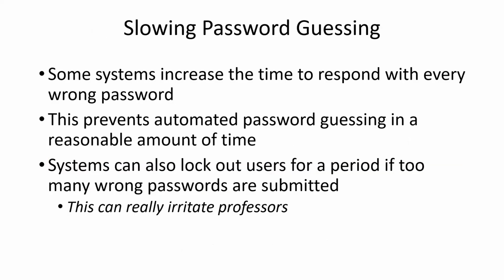Some systems, in order to prevent you from guessing, increase the length of time to respond every time you guess wrong. So they have an artificial delay in the response. The first guess responds in a couple of milliseconds, but then it waits a second. If you guess wrong, next time it's 2 seconds, after that 4 seconds, then 8 seconds, and more time. Some systems just add a fixed amount of time. And of course, some systems, if you guess too many times, will lock you out.